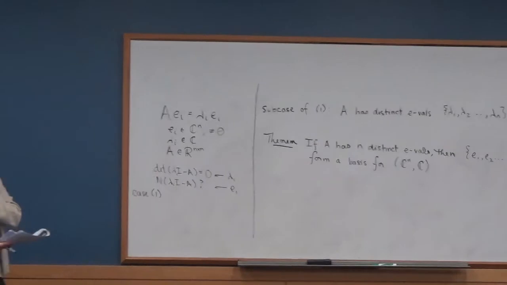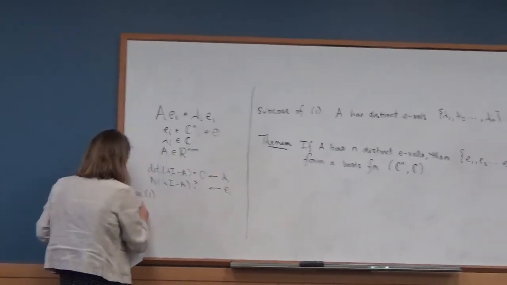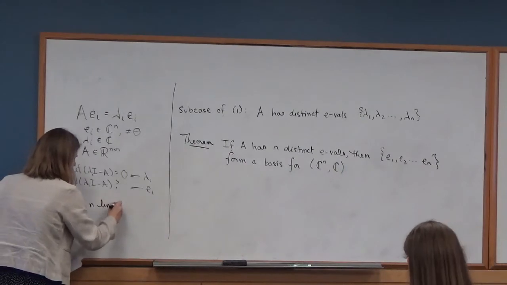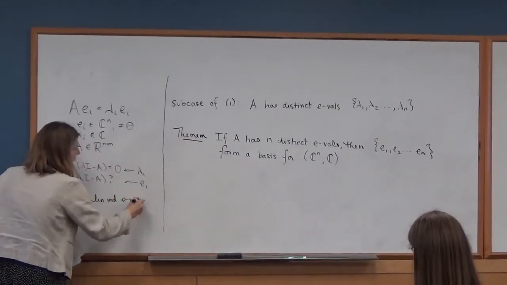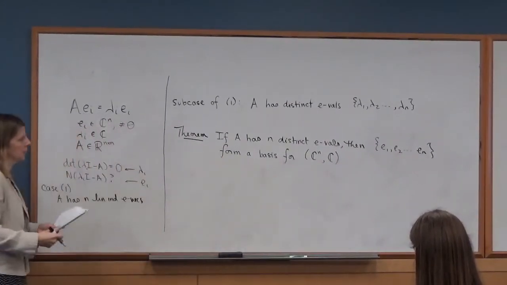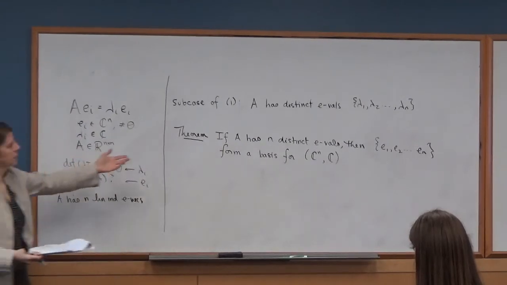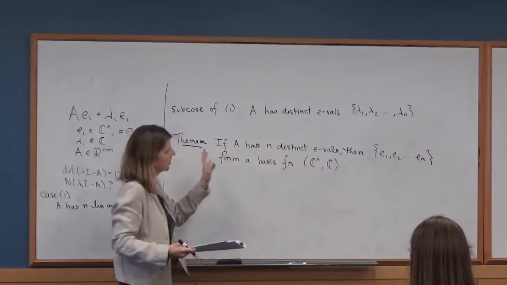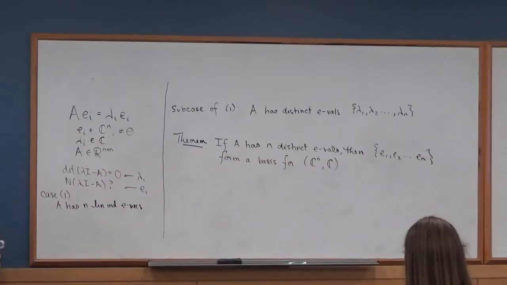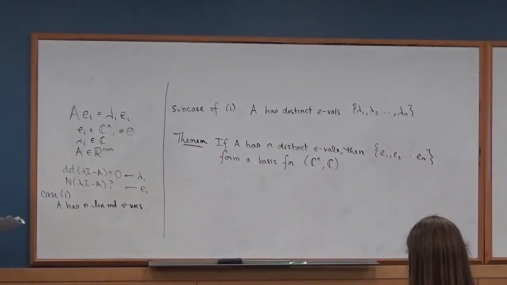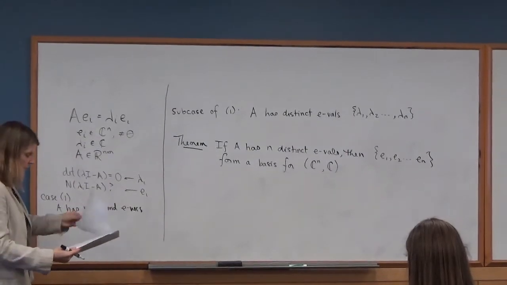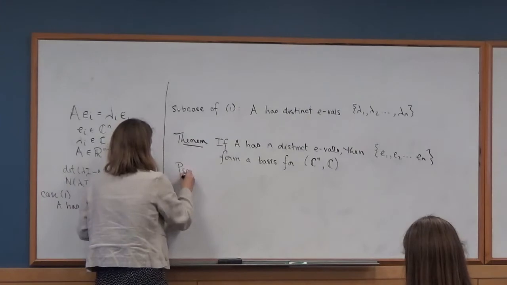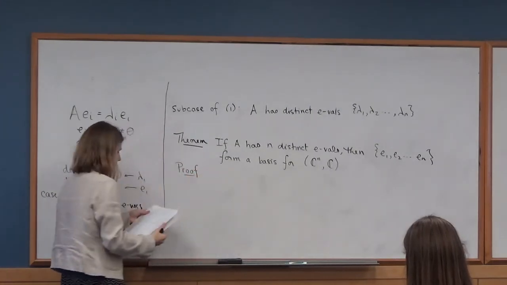Okay, so case 1 is the case in which A has n linearly independent eigenvectors, and I've just posed it in another way here. The way the theorem is stated in the notes is that if we talk about n eigenvectors and they form a basis, then we know they're linearly independent. Okay, so we're going to prove this. It's a nice little proof. It's an important theorem, and so the proof of this theorem